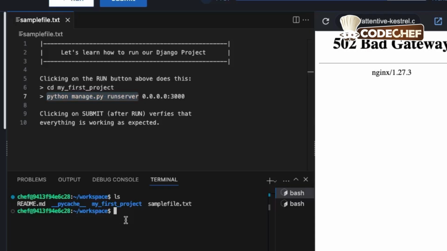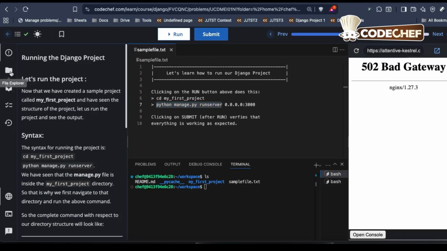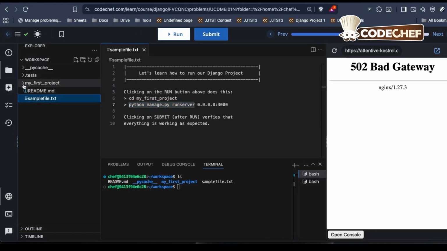Alright, let me just show you on the terminal here. First of all, let us look at the file explorer, and you see we have this my first project, which is the Django project which was created in the previous step. So here I will first move into that directory by typing cd my first project. Now we are in that directory, and then we can run the command which is python manage.py runserver